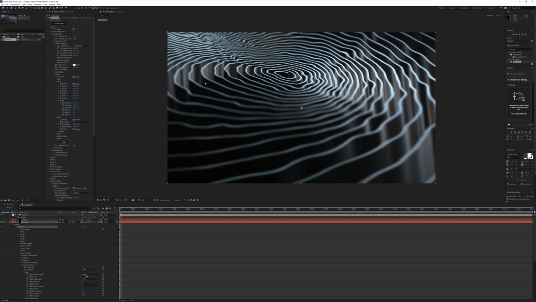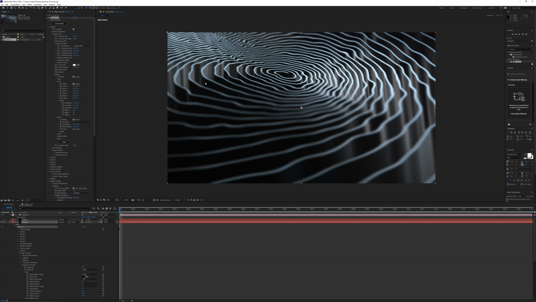The only limitation really is there's no real way in Element 3D to adjust the model. So you do need to make sure that whatever is generated from the auto trace is good. So you could spend a long time trying to make sure that whatever masks that are generated are good enough for you to use to extrude. Of course, using something like Maya or Cinema 4D or whatever you want is going to give you a lot more control. But this is a really super quick and easy way to get some kind of abstract looking shape.